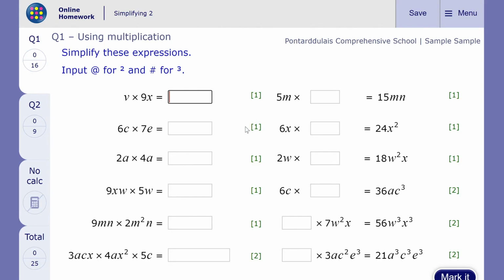Now remember, you can attempt these homeworks as often as you want. So if you attempt, I've seen some of you have had a score of maybe 70%. If you want to improve on that, just try the online homework again, and that'll come through to us then. So simplify these expressions. It tells you here to input an @ symbol to mean squared and a hashtag symbol for cubed. So for example here, 2a times 4a